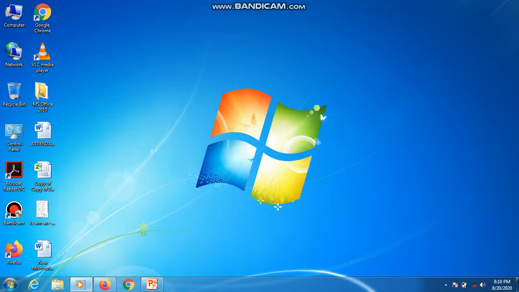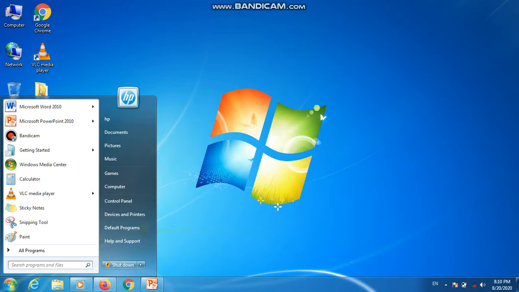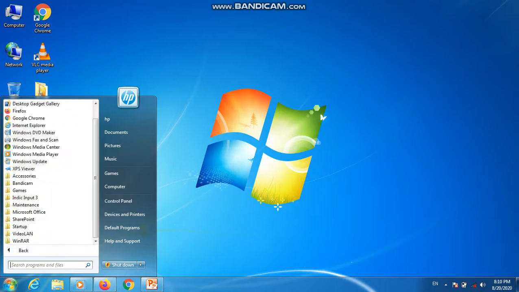Now this is your window or screen, or you can say desktop screen, and these are all the icons which are present on the screen. Now suppose you want to write an essay and you want to work on application MS Word. For that, what will you do to open it? First you have to click on this start button, then this start menu will open. Then click on all programs